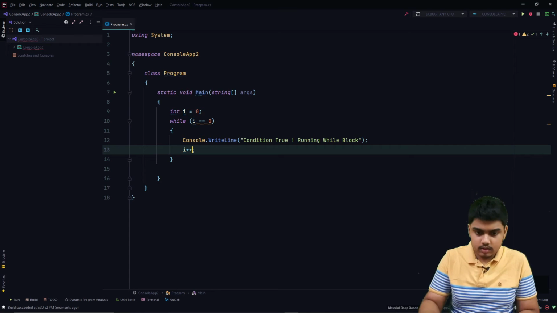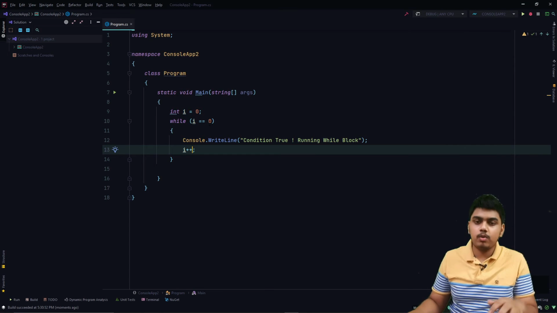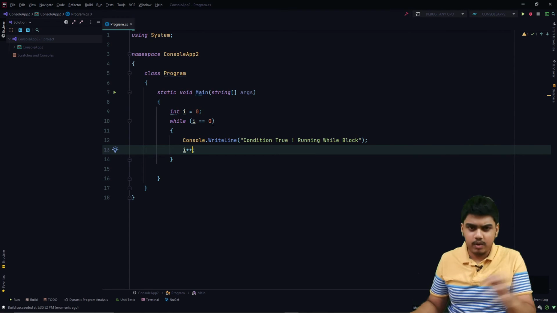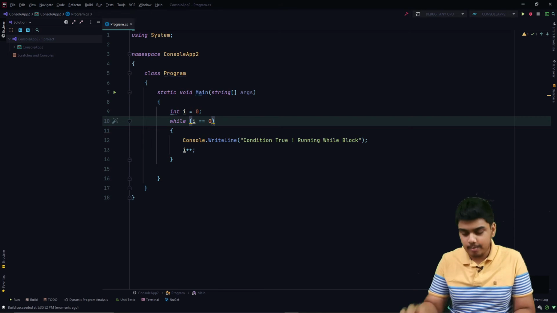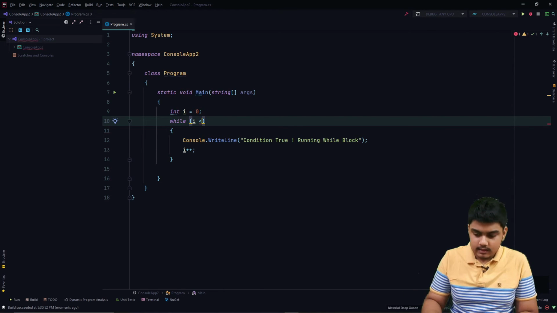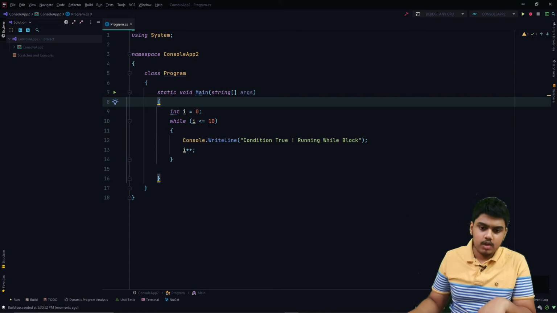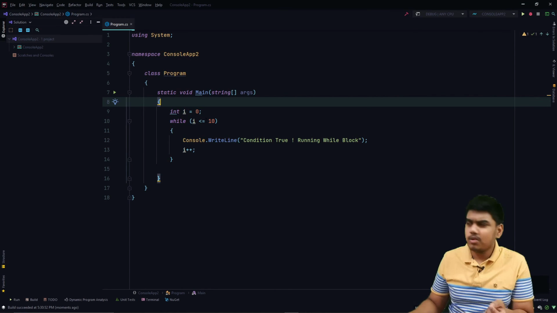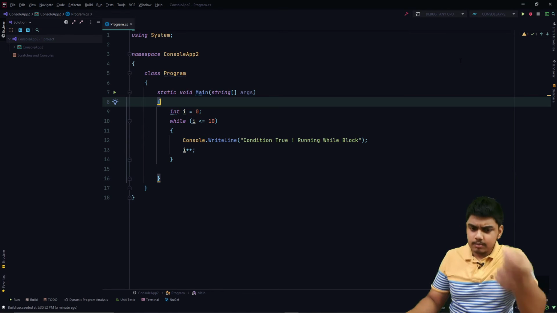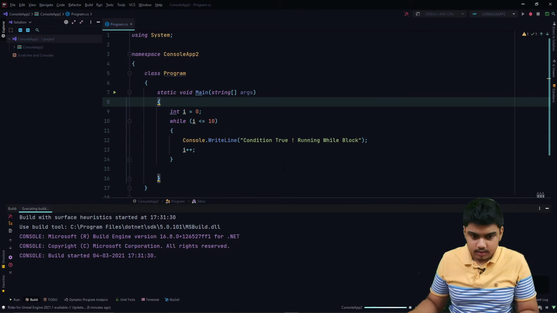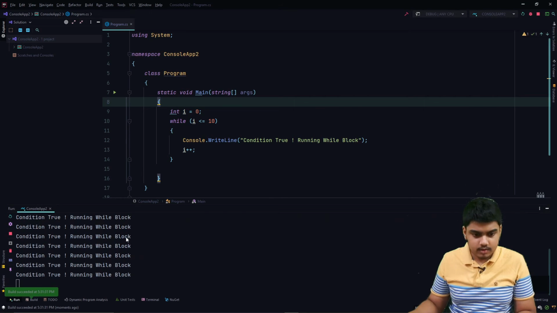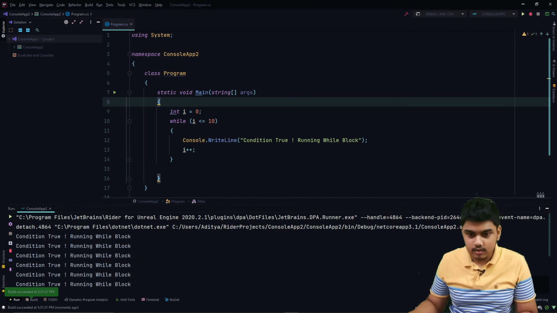Now what we'll do is create the same loop. I think we have done printing from 1 to 10 in the previous video, I don't remember. So now we'll say lesser than or equal to 10, then you run this program. Once it goes to 11, it won't run the block. So it will print from 0 to 10. Now let us run this program. It will print 10 times actually. I have not given the number.